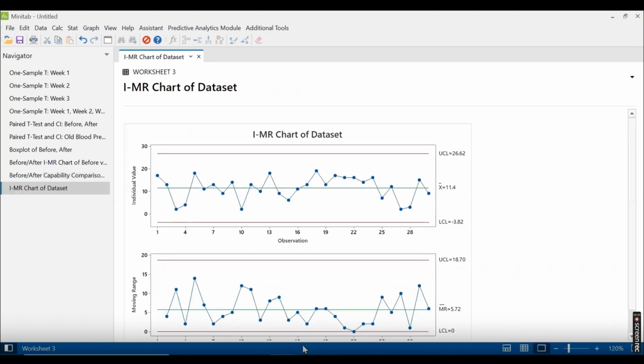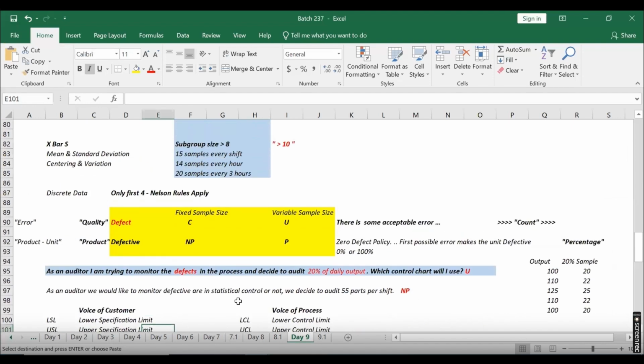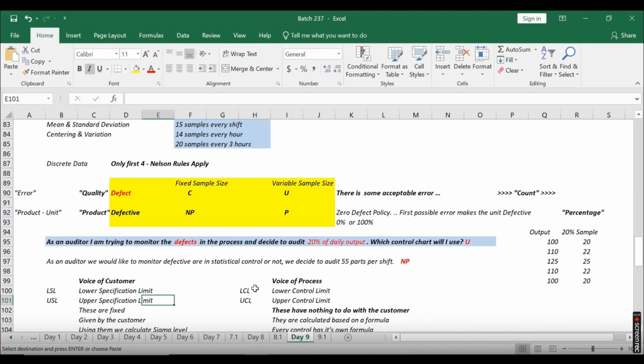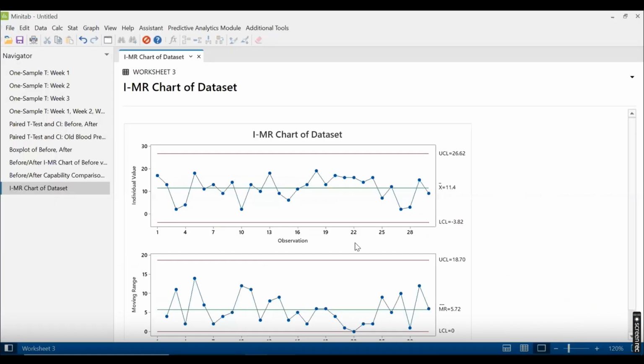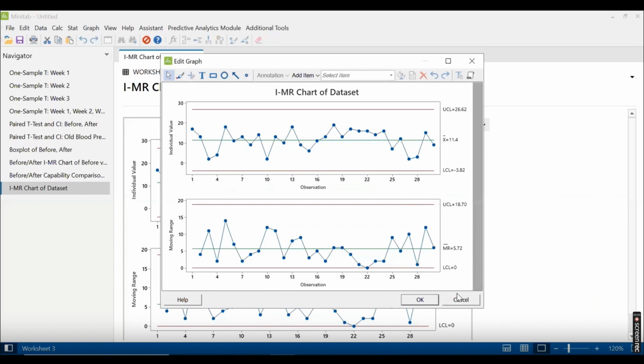Now, we will look into this control chart. But before that, I really want to talk about one element here. Whenever we publish this control chart, any given time, every time you will see there is something which we call the voice of customer. Like in a control chart, you get to see something called, if this is the control chart, the first one, and the only control chart that we have to